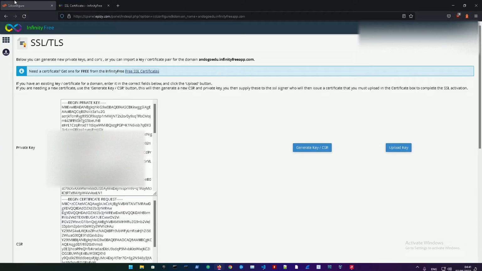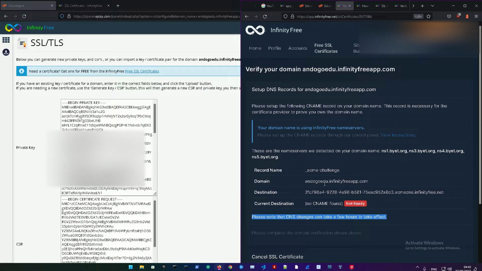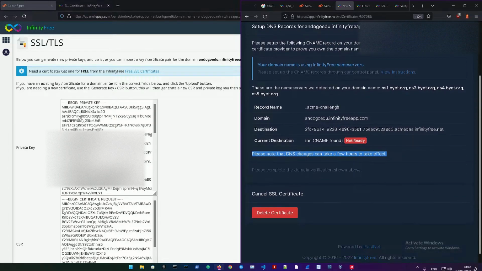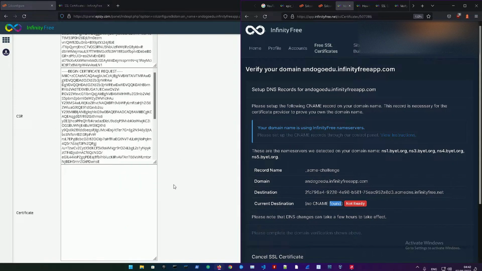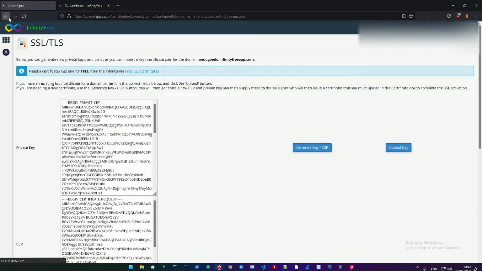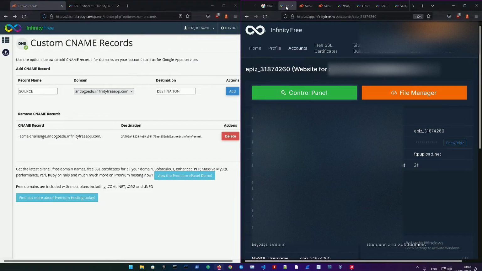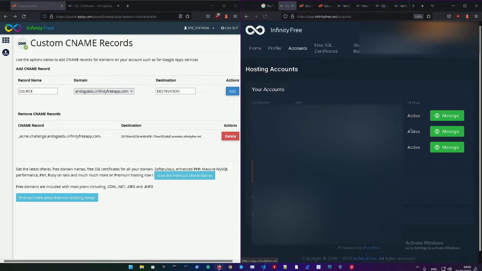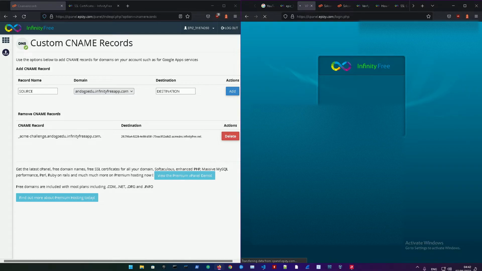If you go back to the SSL configure page, you can see: please note that the DNS changes can take a few hours to take effect. So bear in mind that it's going to take a few hours for the CNAME record to show up over here. But for now, you don't have to do anything else except get the certificate. Let me show you an old website and how it looks. If you go back to Home, let me just retrieve that. All right, I already have that. Just go into Control Panel